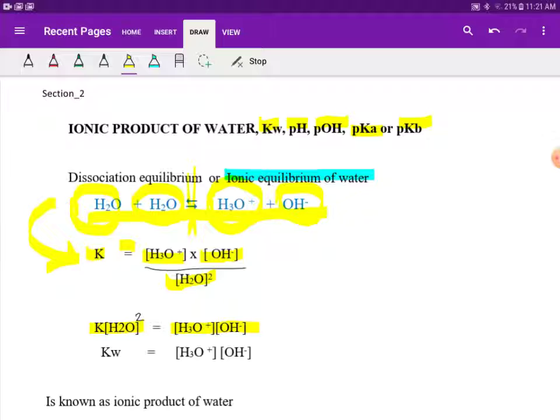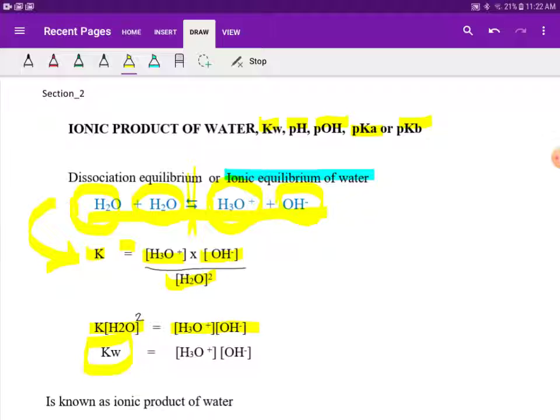Now look, [H2O] the whole square is a constant, because the self-dissociation of water is extremely small, approximately 1 mole in 5,000 parts of it. So the concentration of H2O remains almost constant. Therefore, we can rewrite K times [H2O] the whole square as a new constant, Kw, the